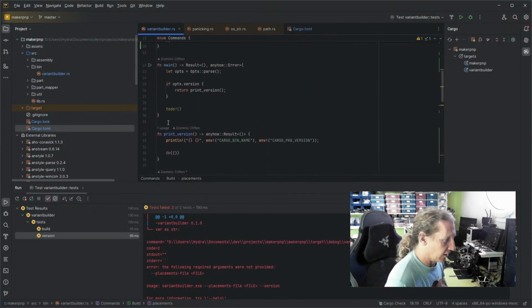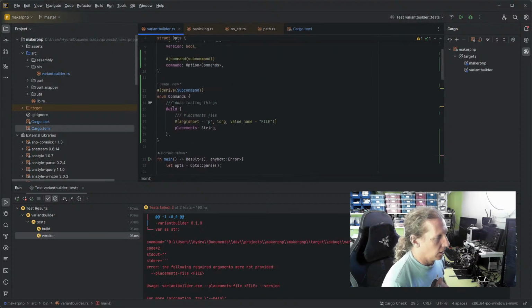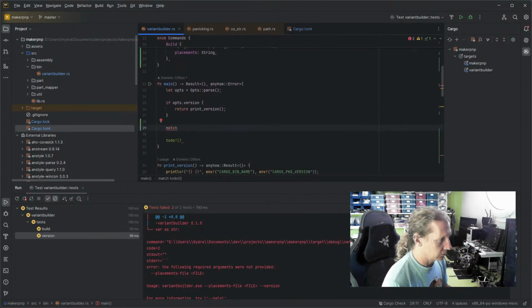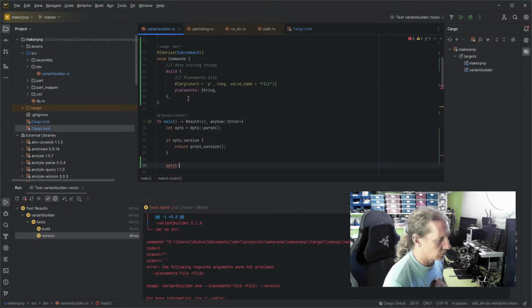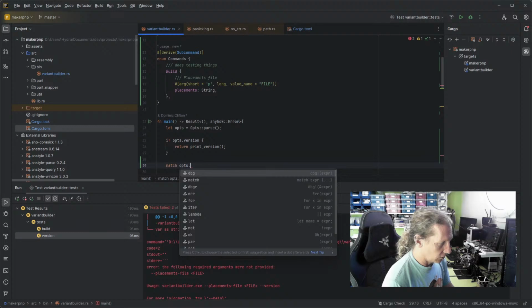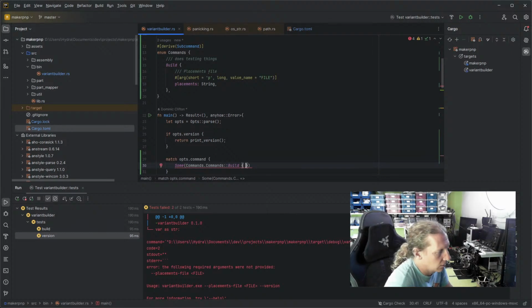So now in here, and this is the enum match ops dot command, and it's going to be some commands got build. We want the